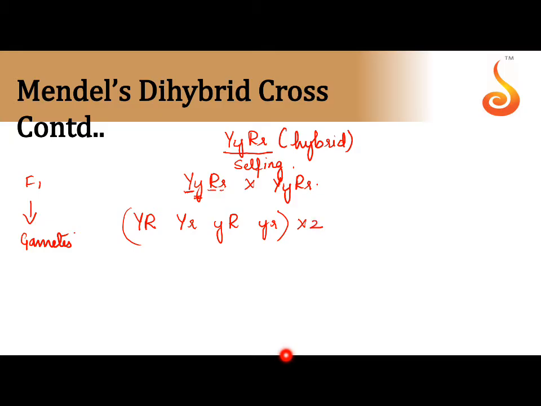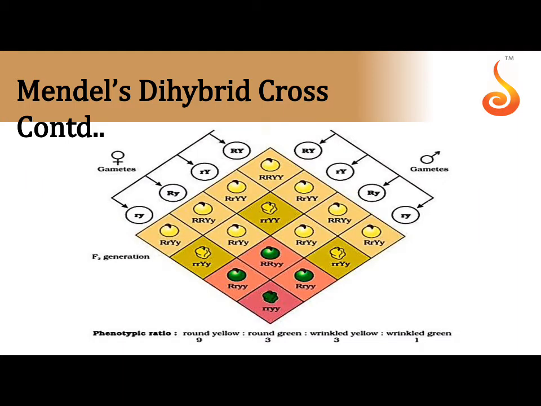If you want to be very perfect in the number of gametes, you use a small formula, 2 to the power of n. In case of monohybrid cross, n becomes 1, so the number of gametes was 2. Since it is a dihybrid cross, it becomes 2 to the power of 2, and the number of gametes should be 4. So you can see here you have got 4 gametes. Now we are going to do Punnett checkerboard crossing for receiving F2 generation. We have written all the 4 gametes on the 4 sides, one considered as male, the other as female.